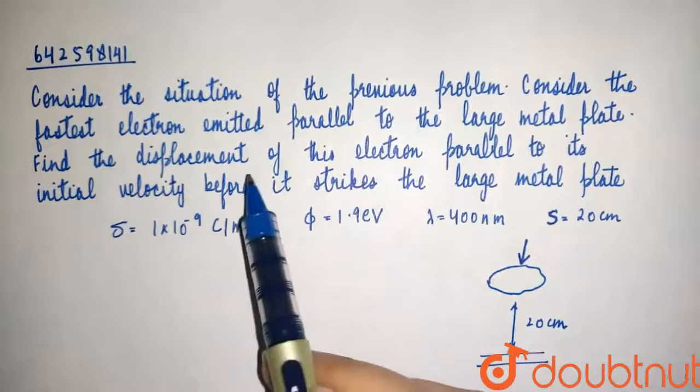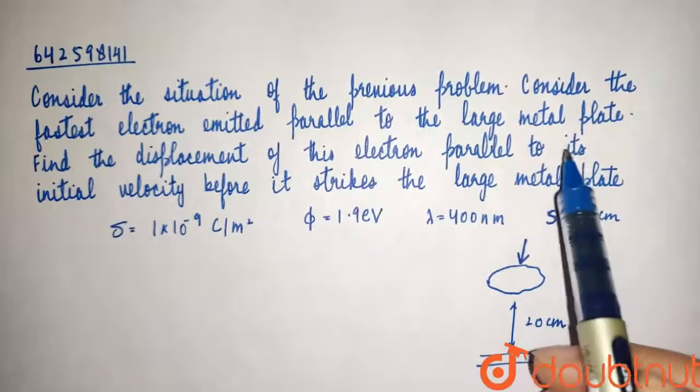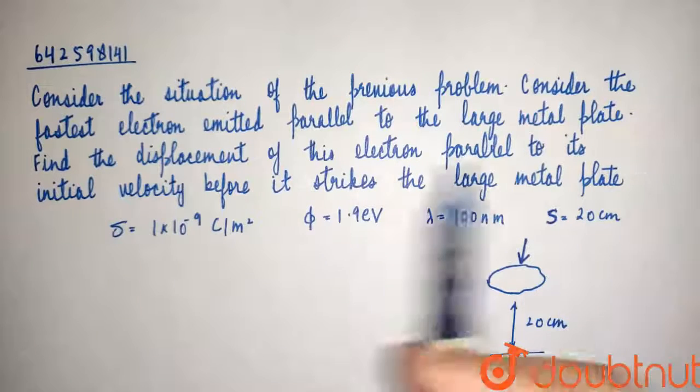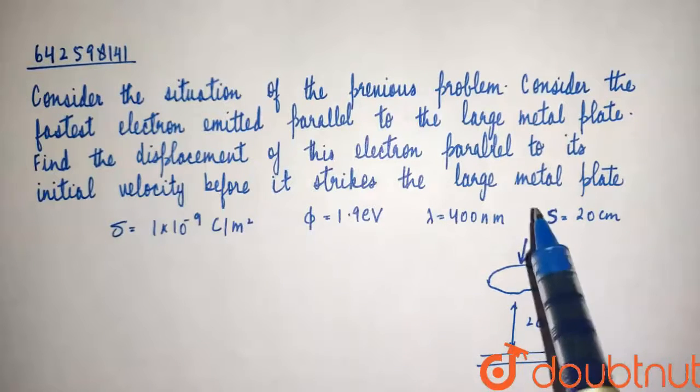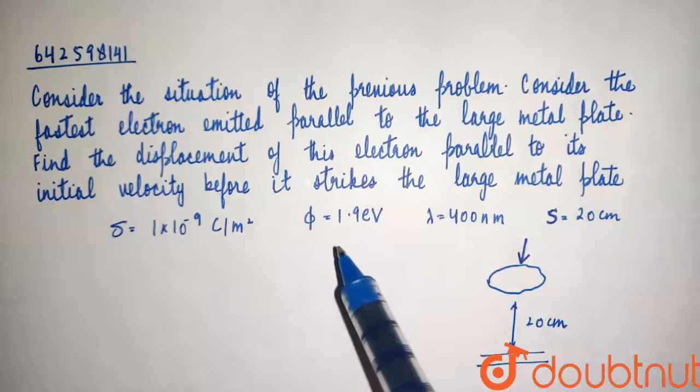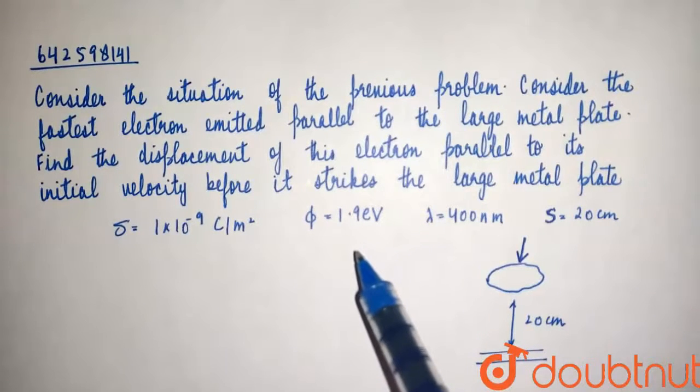The question states, consider the situation of the previous problem. Consider the fastest electron emitted parallel to the large metal plate. Find the displacement of this electron parallel to its initial velocity before it strikes the large metal plate. So this is a part of the previous question, and in the previous question we were told that we have